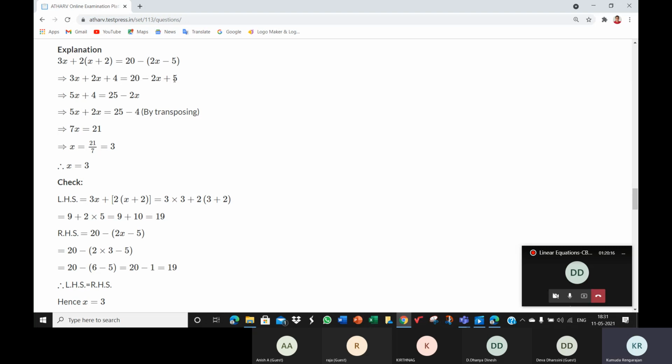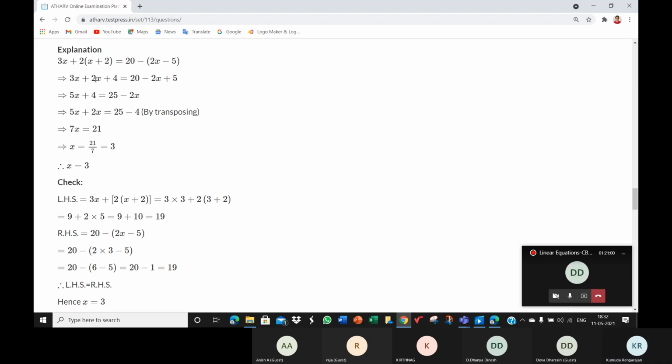Like this. Whenever there's a bracket and there is something outside the bracket, we need to multiply that with every term inside the bracket. That's the important rule. So outside this bracket, there is nothing, but there is a minus sign. So it's like minus 1 there. We need to multiply minus 1 with 2x and minus 1 with minus 5. What do you see here? Outside the bracket, there is 2. So 2 into x, 2x, 2 into 2, 4.